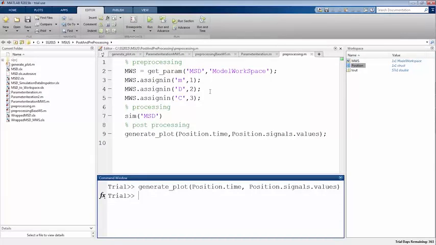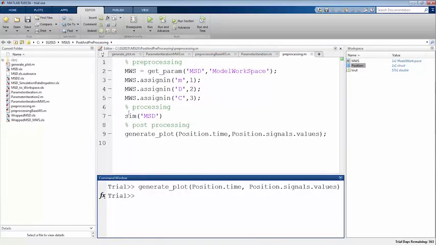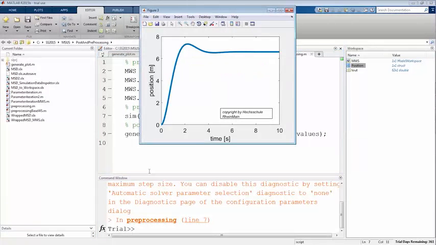Okay. And now I take these parameters. These are the Matlab commands to assign these values to these parameters. I can run the script. And you assign them to the model workspace. Not to the Matlab workspace, but to the model workspace. Yes, and I also run the simulation with this command here. Okay. So once I've done that,